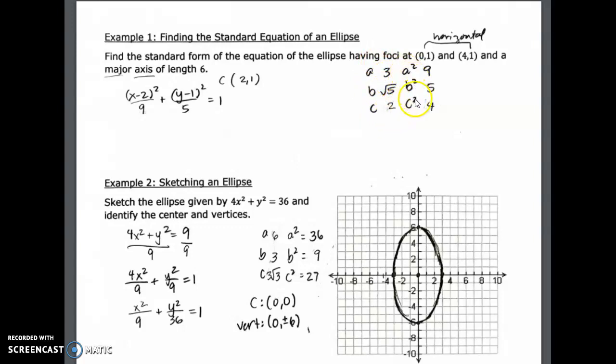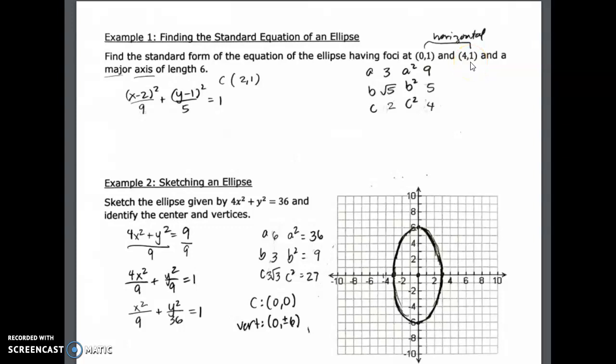And then the a squared, b squared, and c squared are simply those numbers squared, but those are the values that I need for standard form of my equation. I need my a squared and my b squared. So when they tell us that the foci are at (0, 1) and (4, 1), that tells us two important